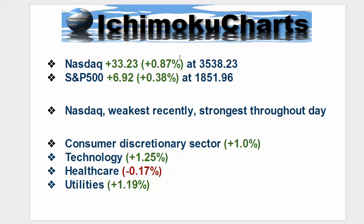Just a quick look here at what we're looking at, and the NASDAQ was up 33 points today, up 0.87%, closing at 35.38, and the S&P 500 was up almost 7 points, up 0.38%, closing at 1851. Over the recent period, we've seen the NASDAQ quite weak, and it has been the strongest index throughout the day